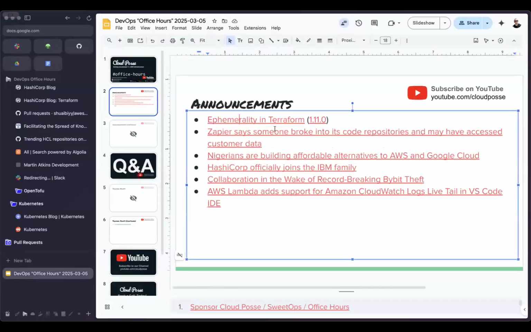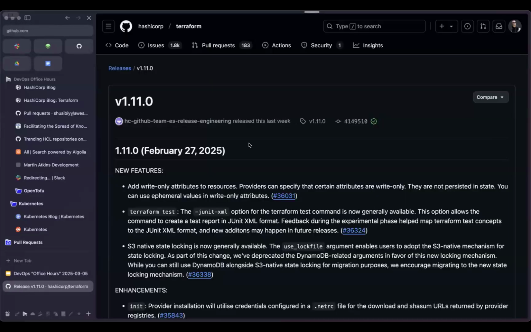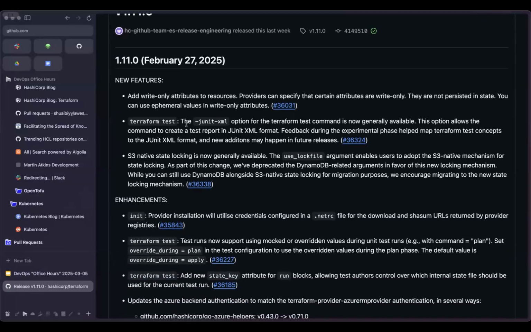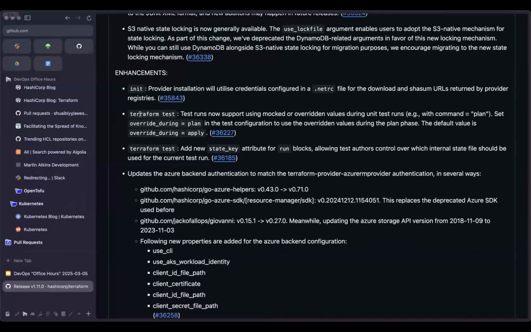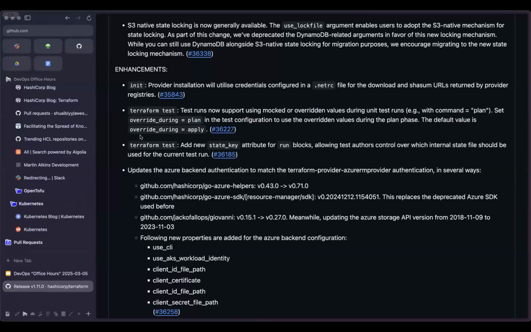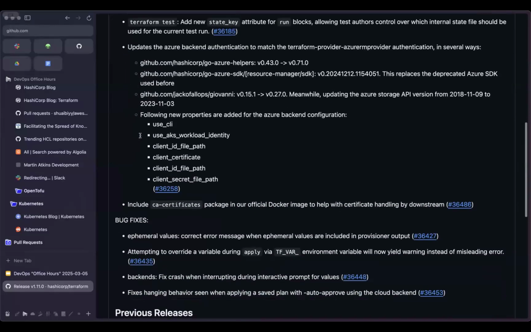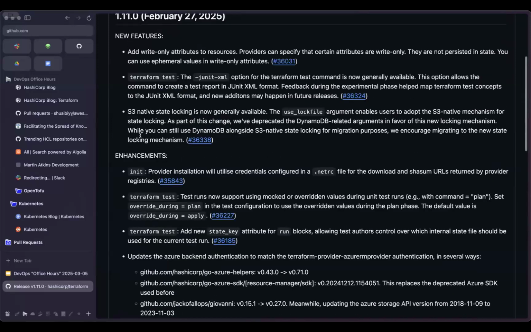All right, let's take a look at the release notes for 1.11 and see what else came out. It's interesting that they added the ability to export the test results in JUnit format. This means that it'll play nicely with all the tools in the JUnit ecosystem, including the many GitHub Actions that will render JUnit test results as job summaries or GitHub comments. That's nice. That's mostly what jumps out at me.